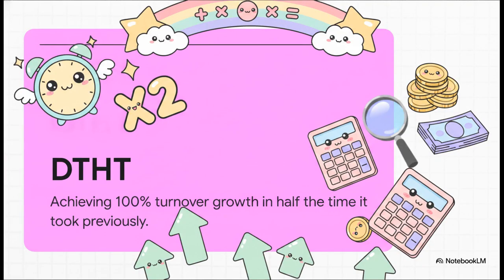Okay, so let's dive right into this definition of DTHT, which literally stands for double turnover in half the time. The concept is exactly what it sounds like, right? Achieving 100% turnover growth in half the time it took you previously. Now, while some super agile businesses have actually pulled this off in just 90 days, we know that industries differ greatly, competitiveness differs, but what's really cool is how this adjusts for that. The DTHT framework includes a formula that inherently autocorrects for the specific influencers and competitive friction within your unique industry, so it sets a target that's totally realistic but still highly aggressive.